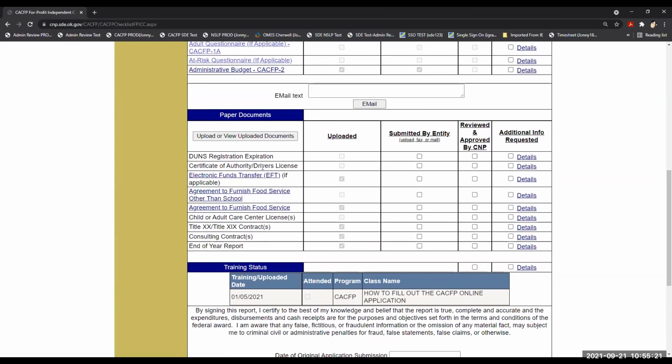Those things would be like your certificate of authority. You wouldn't have access if it wasn't in there. But if you're having an agreement with someone to furnish your food, if you're daycare, you have to have your license. You have to have your Title 20 contract if you're Title 20. This year, we're kind of,